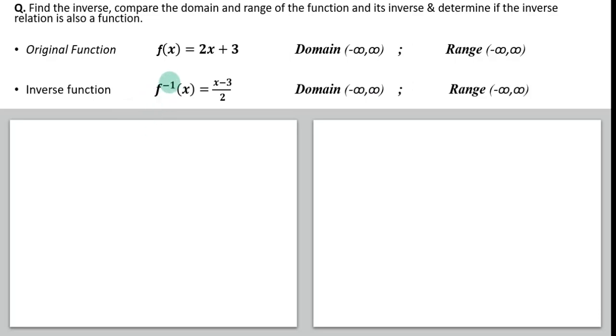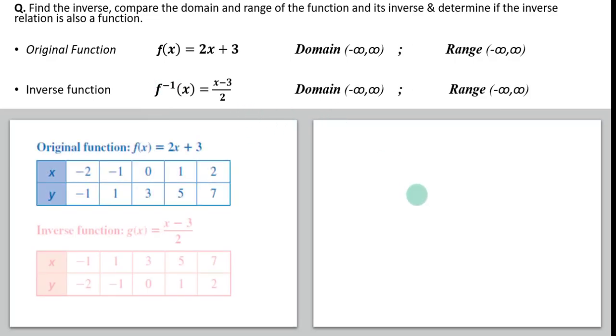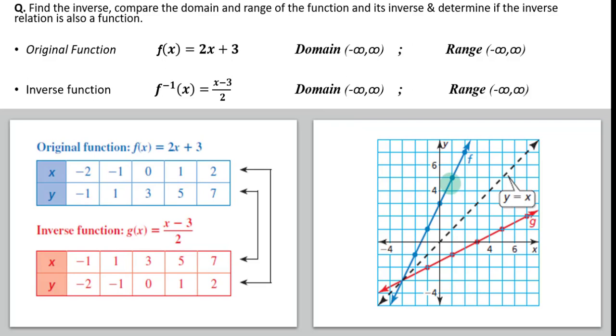Why? Because when we see it graphically, we will get to know that along this line y equals x, we have a reflection of our original function f. That is why we say that this inverse function, f inverse of x equals x minus 3 by 2, is an inverse function of our original function. And in that case,